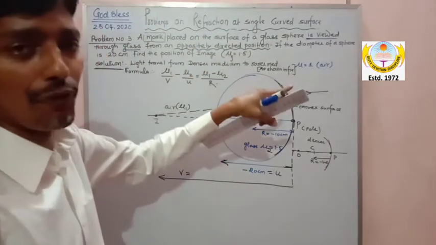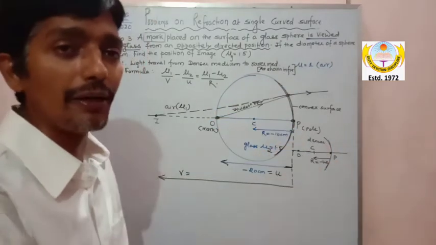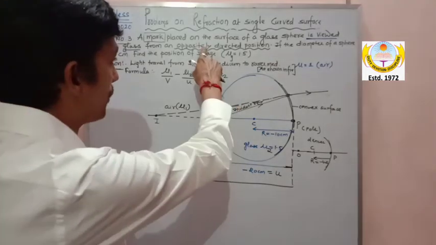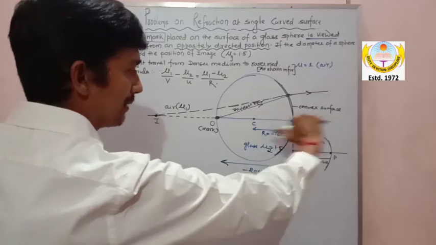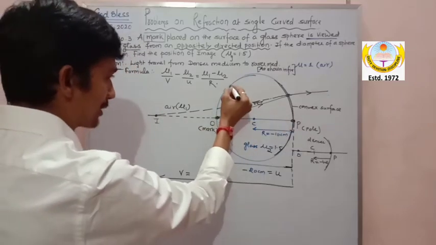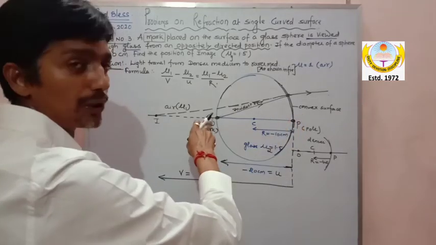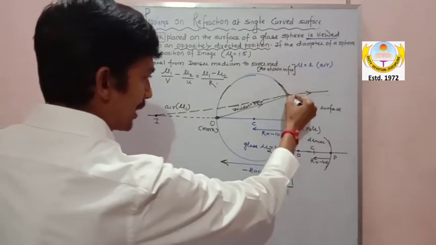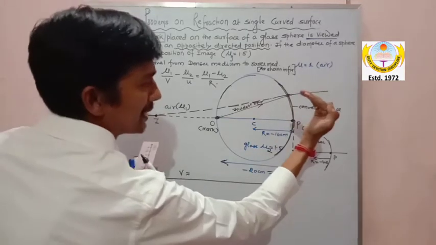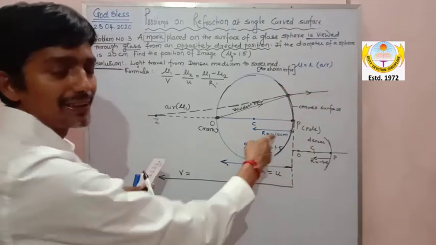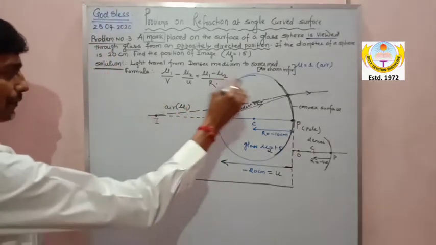Because it is weaved from the oppositely directed position, from where I weave it, all distances will be measured. The problem says I will weave from the oppositely directed position, so the pole will be here. So the radius of curvature, if the surface were on this side, would be positive if the pole were here. But now the surface is this one, because I am weaving from here, so this becomes the pole, and as soon as this becomes a surface, common logic, it becomes minus. Now let us start doing this numerical.